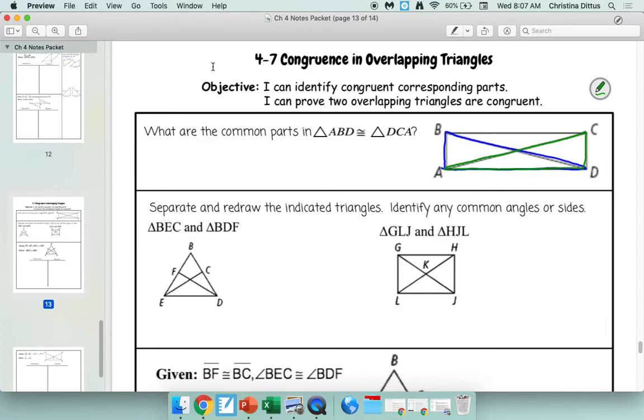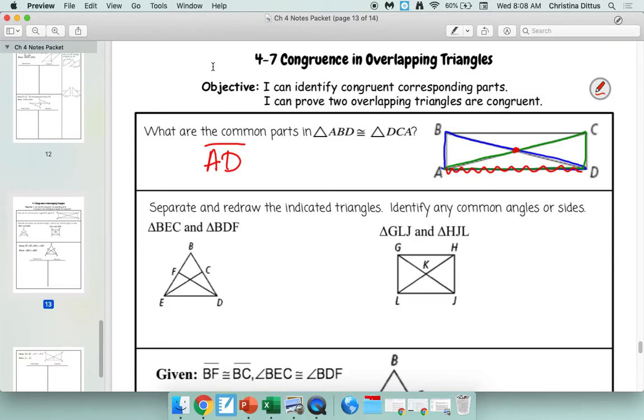What do they have in common? They're flipped. Or no, they intersect. They cross right here. But do they have an entire line that's shared? Yeah, this bottom one. This bottom side is both blue and green. So they share AD. When we start to do our proofs, we're going to use the fact that they share that, and we're going to use the reflexive property, and that's going to get us a side that's the